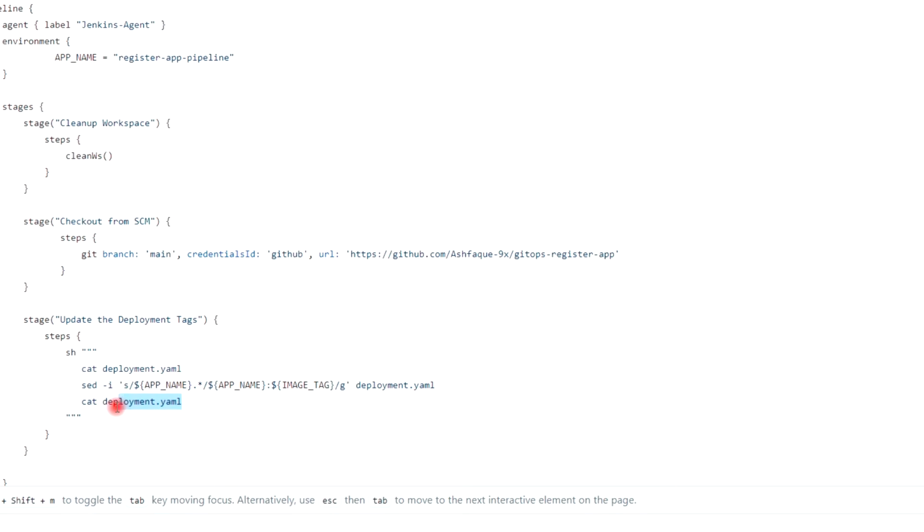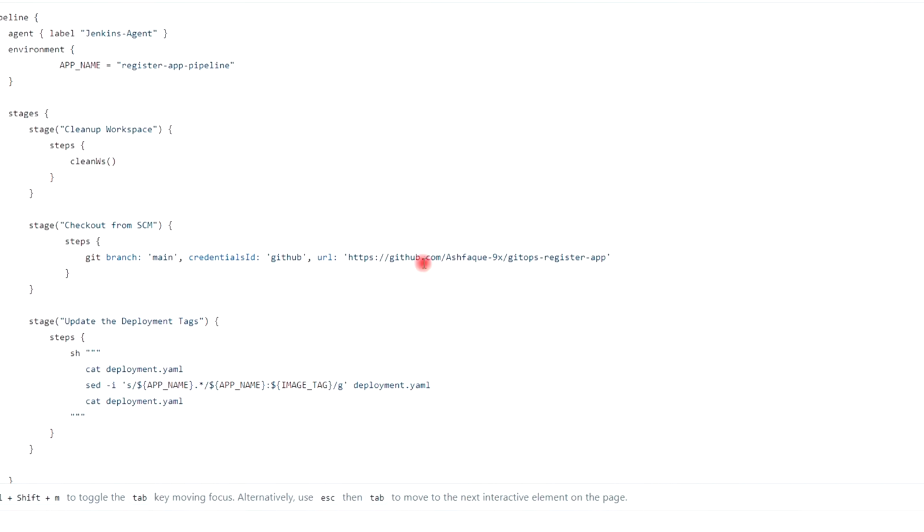And this is my deployment manifest file present in this repository.